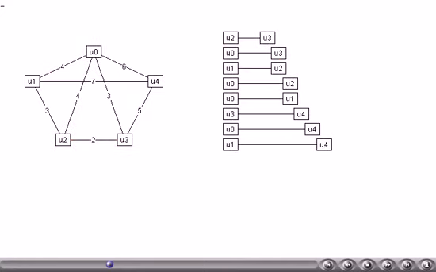Now consider one more example to demonstrate the use of Kruskal's algorithm. The graph is as shown in the figure, and the edges are shown on the right hand side in sorted order. We know already we will be selecting the smallest edge first and will proceed to the largest edge, one after another. Next slides will demonstrate how it will work on this graph.